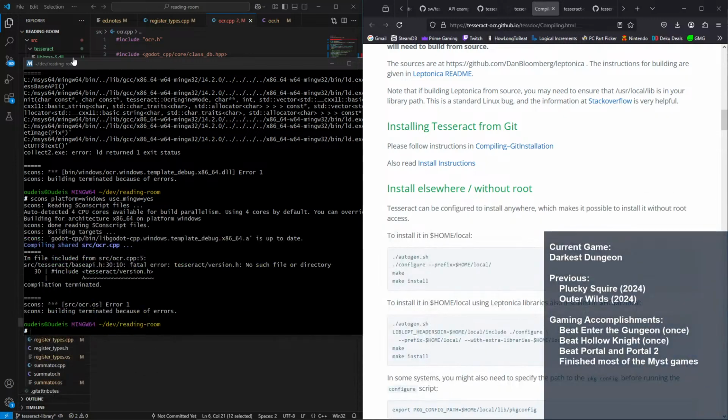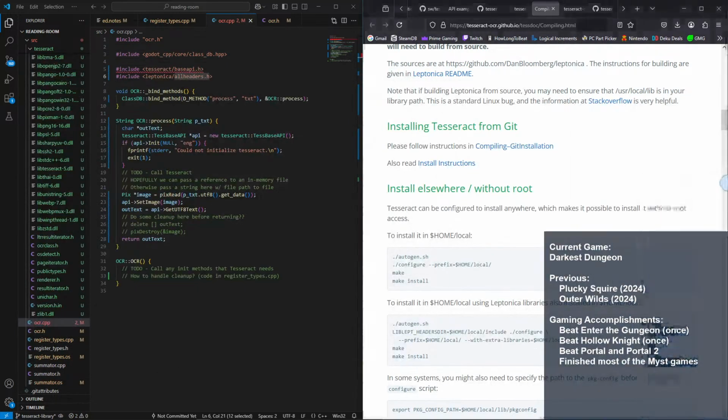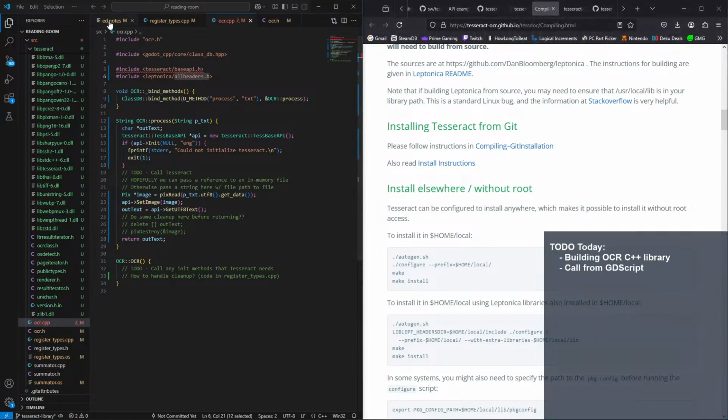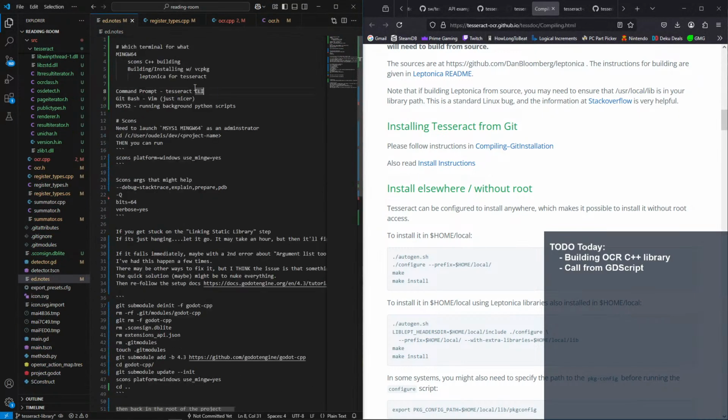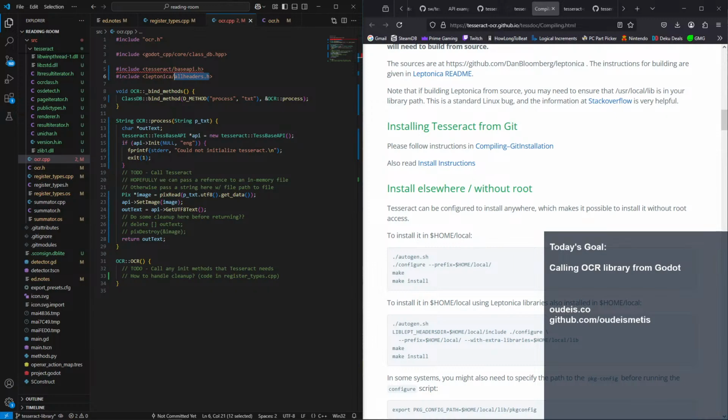And I've been keeping track of notes for myself because this has gotten so complicated that I have to do this. So MinGW 64 has been for scons, building and installing Leptonica with the VC package. So that was the window I just had in. Command prompt for running the Tesseract CLI, Git Bash for Vim, just because I enjoy it more, and then MSYS2. All right, so in theory,